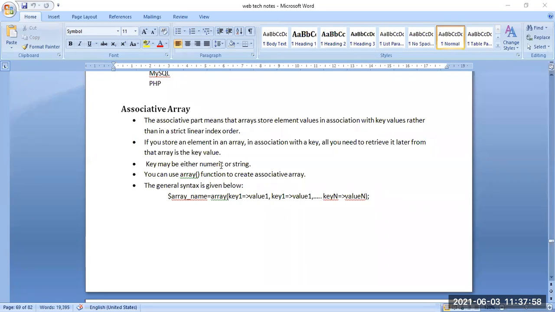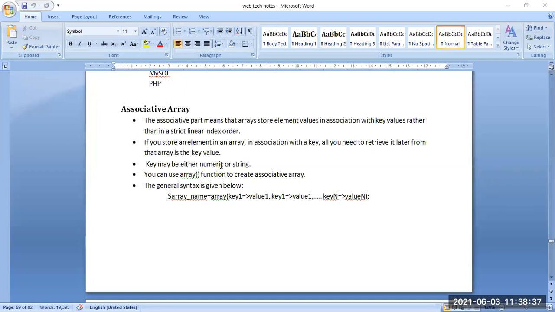Here we are storing an element in an array. An array always stores an element, we know these features from C programming and Java. So we want to store an element in an array in association with a key. For that we need a key to process it.